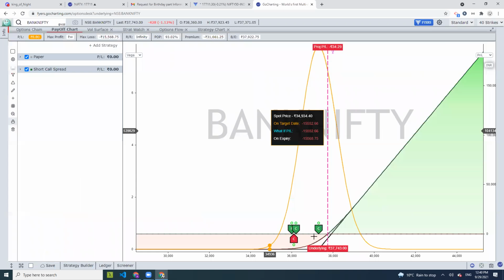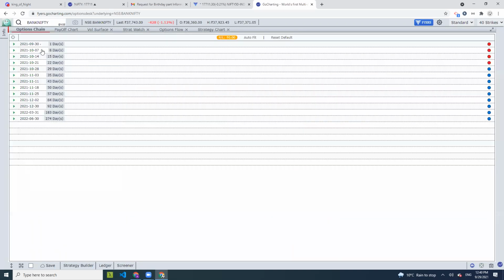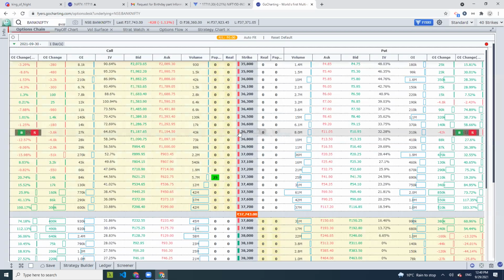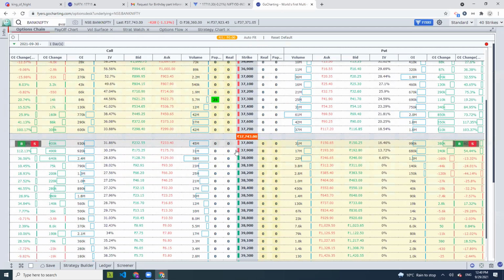So this is a normal call buy option that I've taken, and the payoff chart obviously looks like this. But if you want to visualize it directly on the option chain, then you just have to follow these small red and green bars across. The red and the greens will show you at what level you will start making profit out of the strategy or the positions you have taken in this particular series.